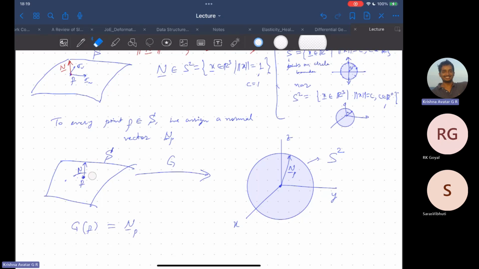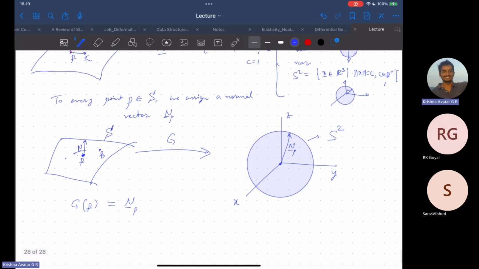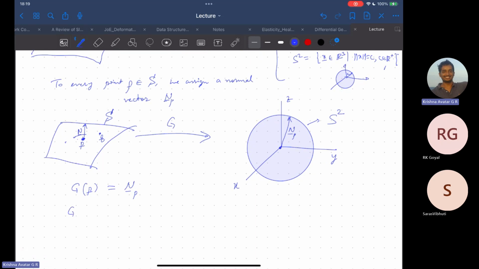This P is just a point on the surface S. So you can have this Q vector. When you apply this Gauss map to the Q vector, which is a point on the surface, it will give us NQ. And the normal vector seems to be like that, so you can take it here. So this is the NQ, right? It does nothing apart from this. It just maps. So what I'm able to say is that no matter wherever you move on the surface,